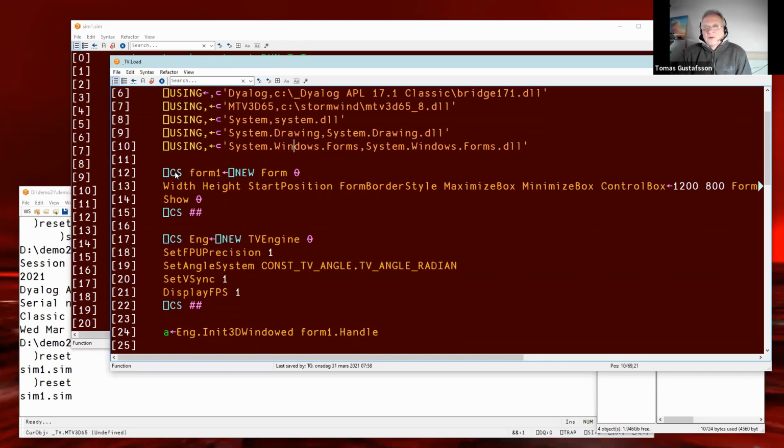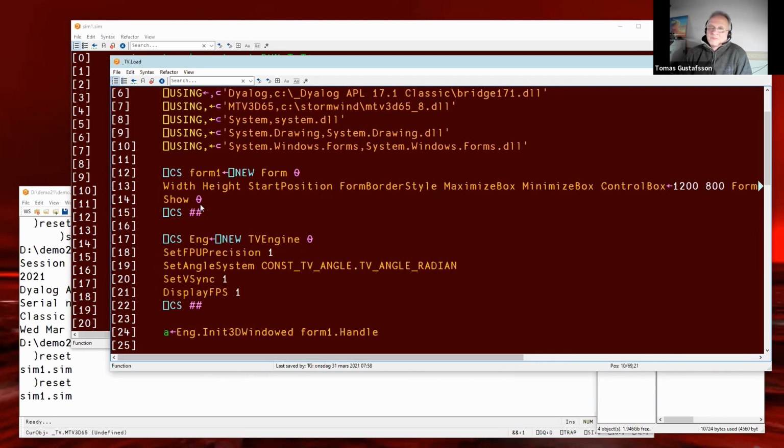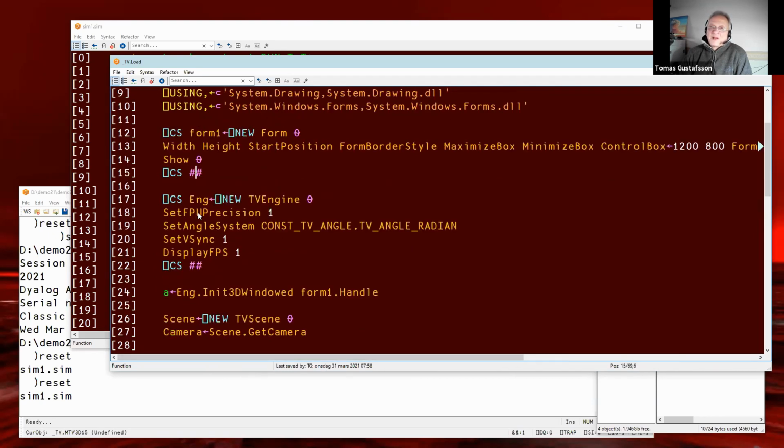Morten told me long ago not to use with and end, because it's clumsy inside the interpreter, and he was very much right. The CS, quad CS, is extremely fast. It's really something that people should use whenever needing performance and things happening elsewhere. So we change space to the for1 namespace and get along with a bit shorter expressions. So here is a long strand assignment. Show the form and change space back.